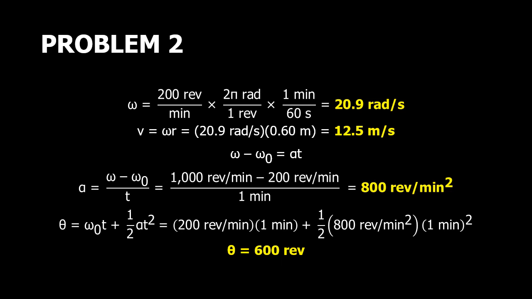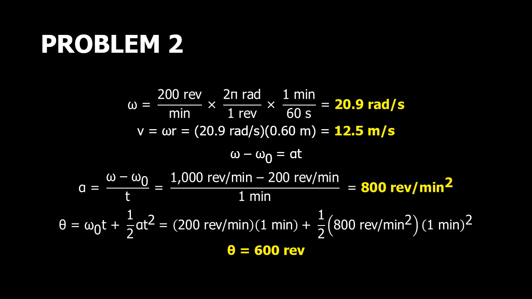So for the last sub-problem, hinahanap how many revolutions does the wheel make during that 60 seconds. So we again use another rotational kinematics formula, that is theta is equals to the initial angular velocity times time plus 1/2 alpha or angular acceleration t squared. So yan. So we substitute again our known values. Since theta naman yung hinahanap natin and isolated na siya, we don't need to do any more